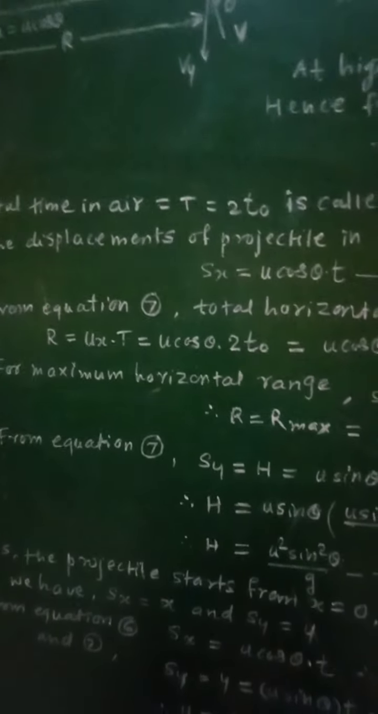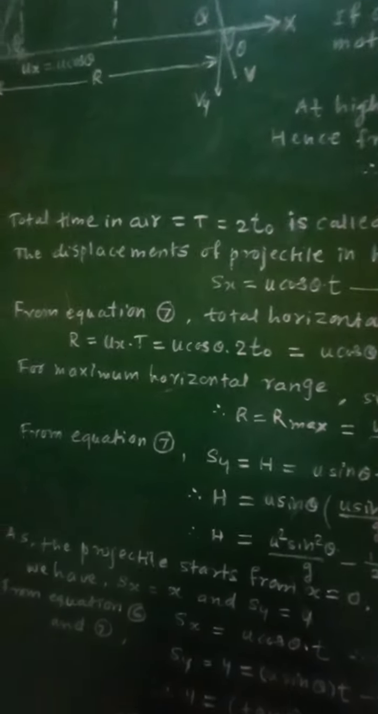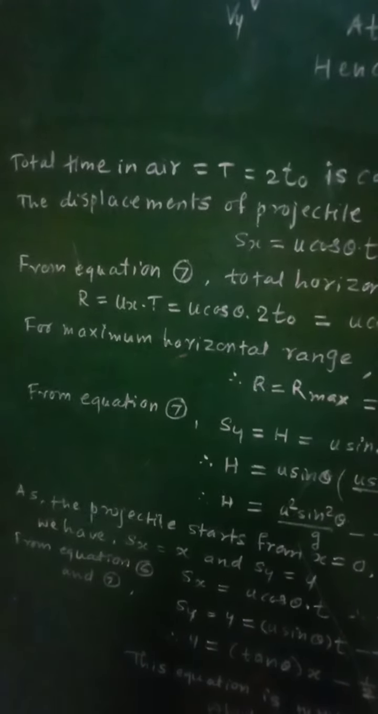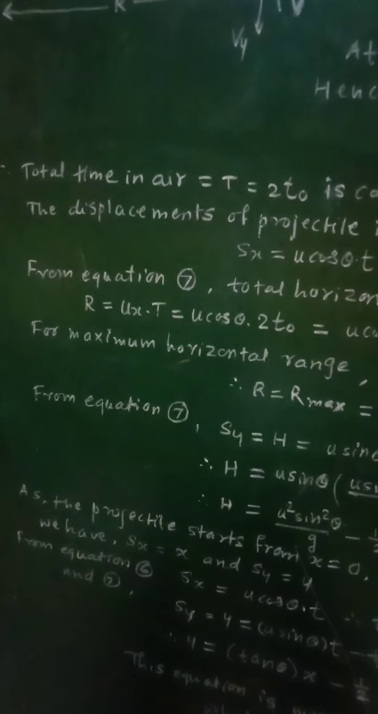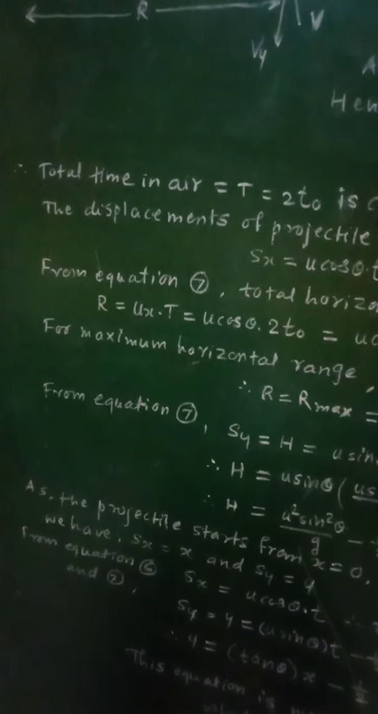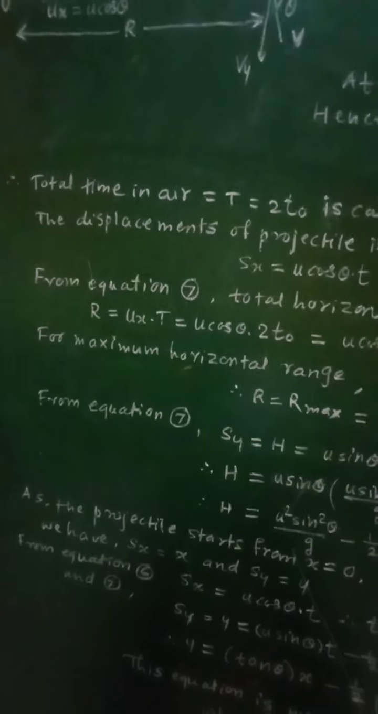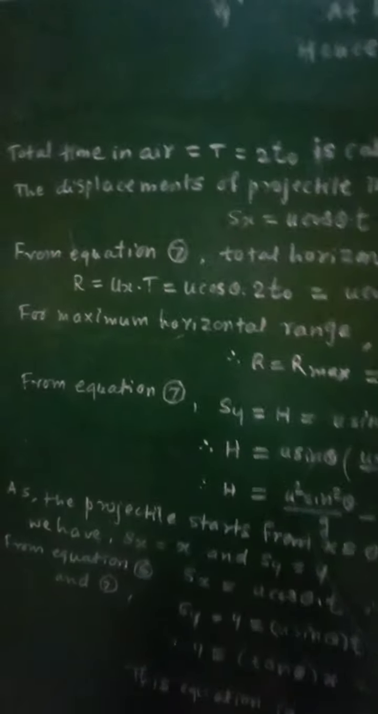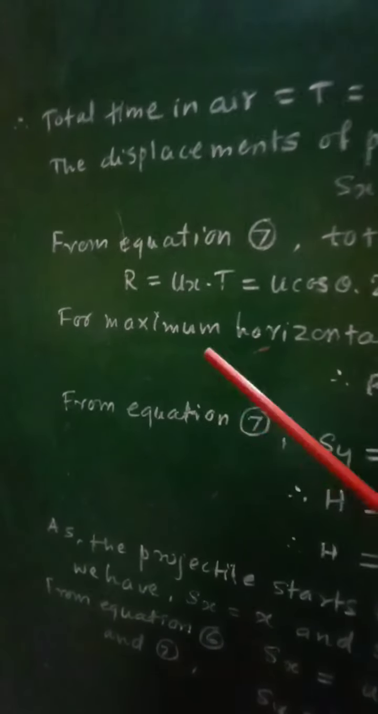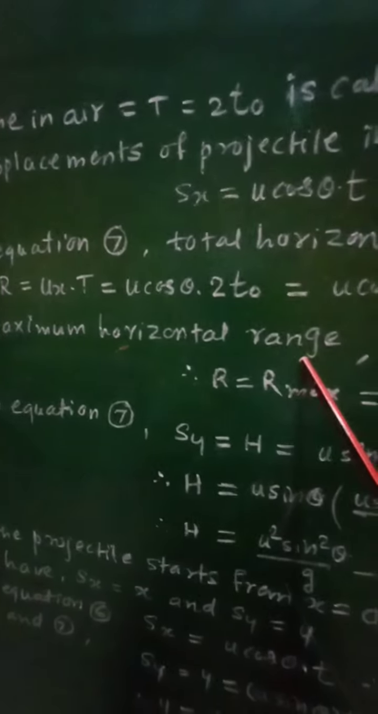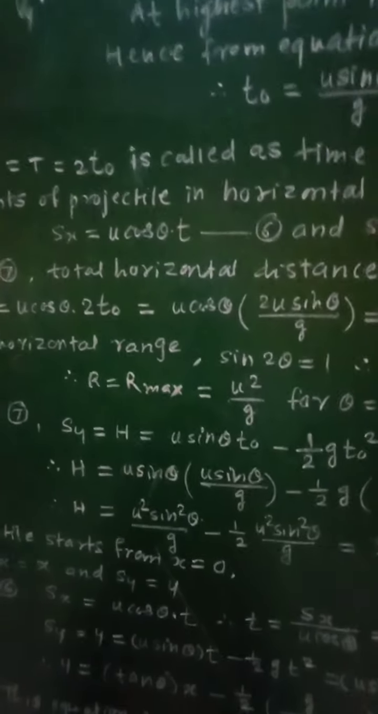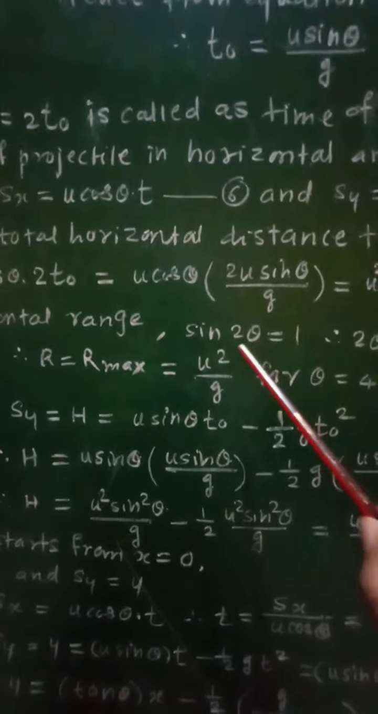Now we will have to find out the total horizontal distance covered by that projectile, and therefore the total horizontal distance traveled by the projectile in time capital T, that is time of flight, will be obtained as follows. For the maximum horizontal range R, that is the maximum distance covered by that projectile during its motion, we have